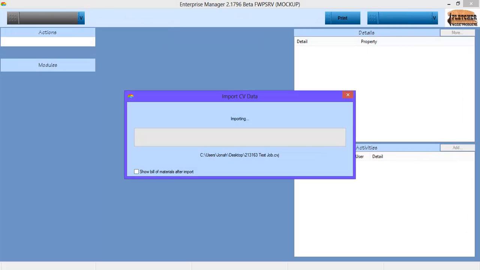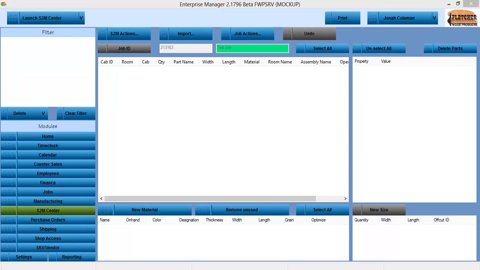And here's the import process. What it's doing now is bringing in a list of all the cabinets, the rooms, creating a bill of materials for each cabinet. This is my Screen to Machine Center interface. We'll cover that more in a minute,